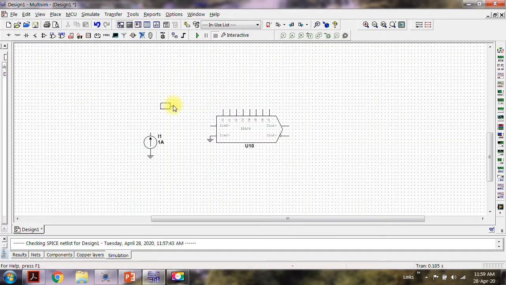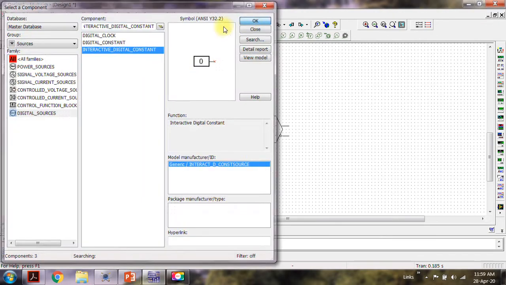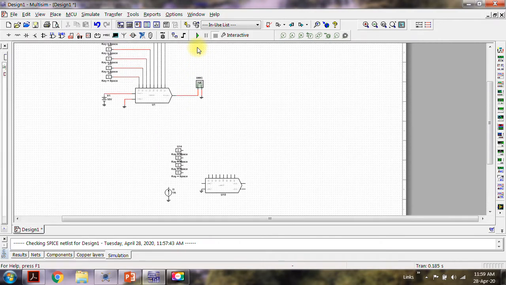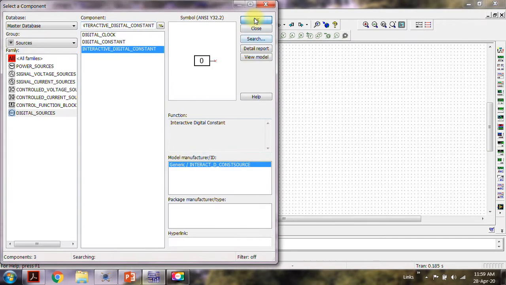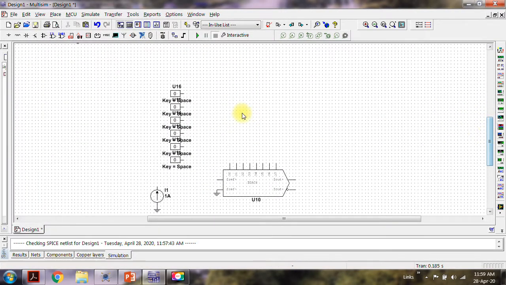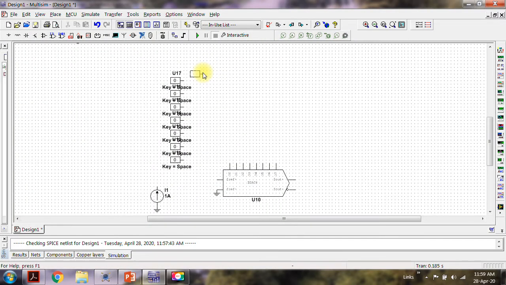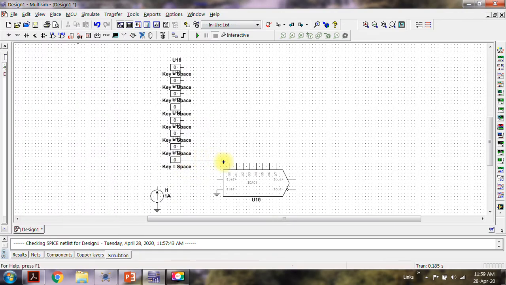Again we'll place 8 of them, and start wiring them together.